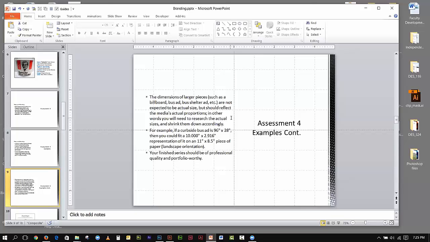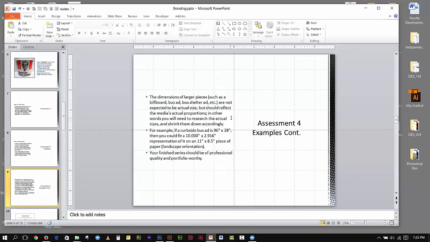These are just for presentation. They can be smaller in scope and size. However, if you're going to make something like a billboard, I have a billboard sample that I've uploaded for you. I'd like you to use that, and I'll show you an interesting way that you can use it very easily if you're going to be working in Illustrator,